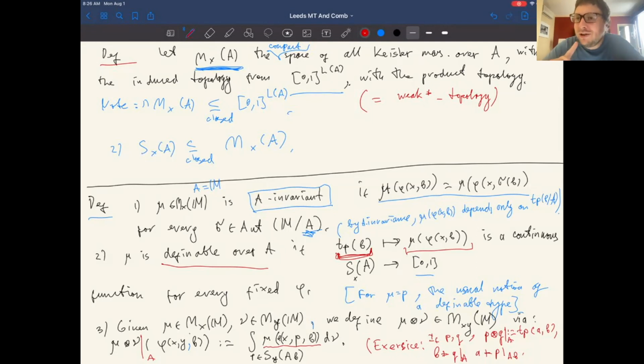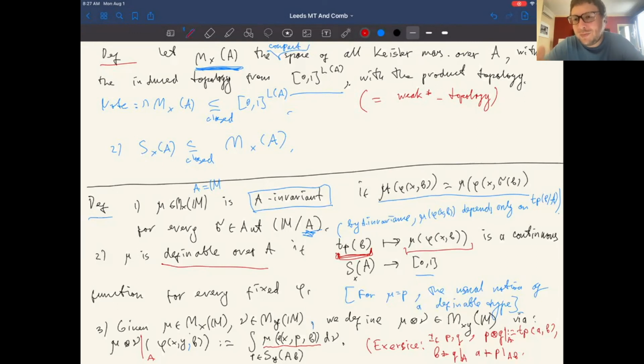So assume you have a formula, and let's say that the type is definable. In other words, it means that the measure of this formula being 1, let's say, is a definable condition on the parameter. If it was only type definable, for a type, it would still be definable a posteriori because there are only two values, right? 0 and 1. So if both are type definable, it implies that each of them is definable, because it's a type definable set and its complement is also type definable.